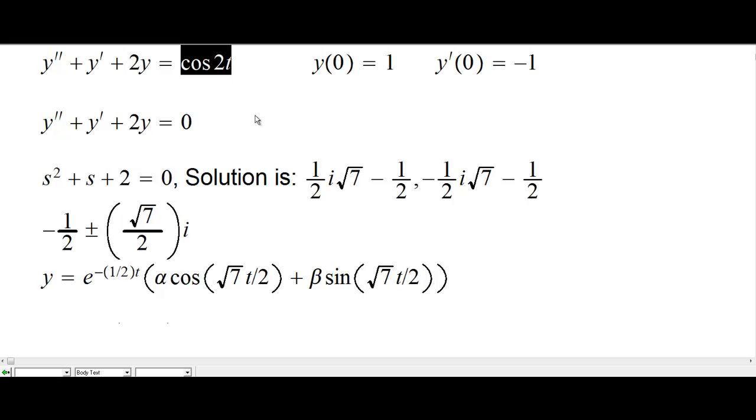So this function is of the form cosine of 2t, and 2 is not equal to this coefficient, right? So we can go ahead and assume that a particular integral is of the form,